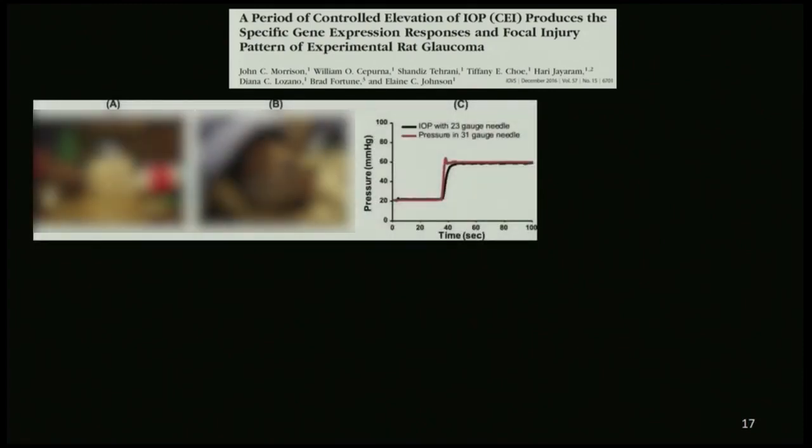This is what the setup looks like. So the animal, again, is housed here. It's getting inhaled anesthetic gas here. This is the tubing that connects to that needle that's within the anterior chamber there, and that's, again, connected to a reservoir that's raised. And the pressure can be raised quite quickly from baseline at 20 to our 60. And this was measured with both a 23 gauge and a 31 gauge needle in the eye. And again, the response was quite rapid using both of those.